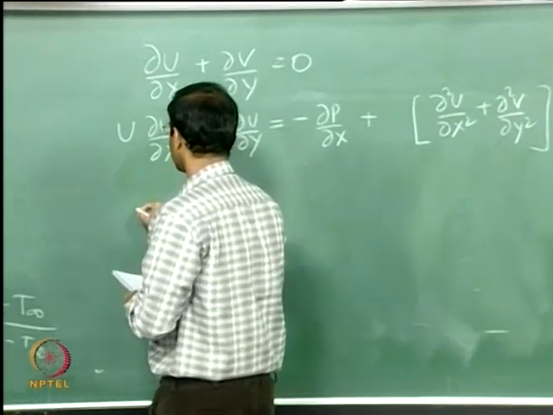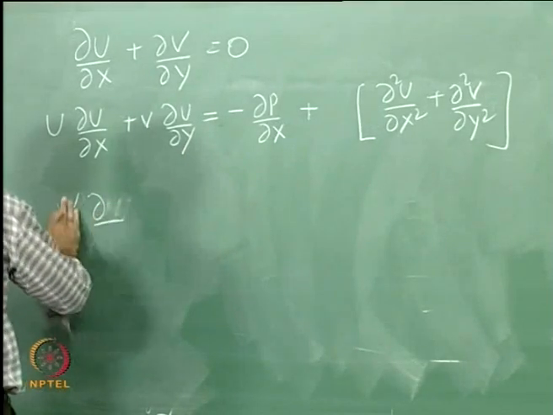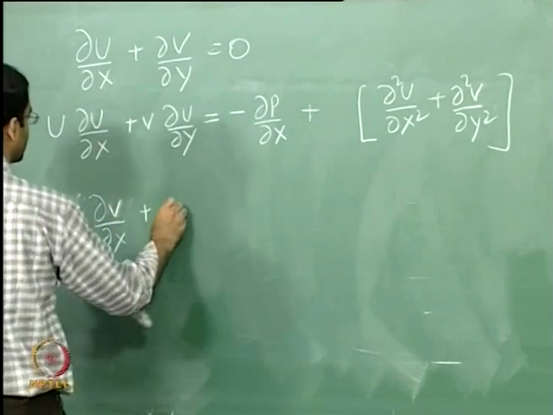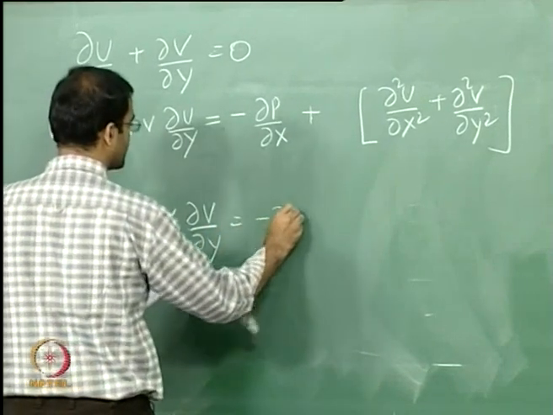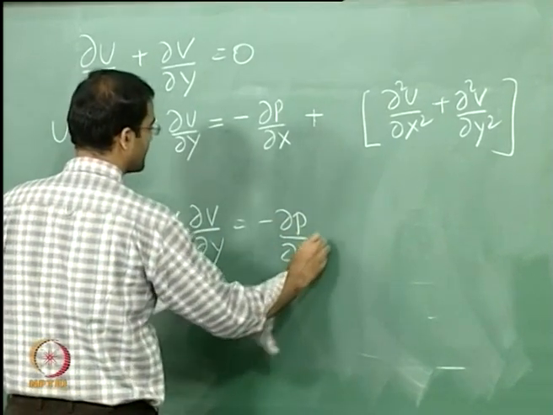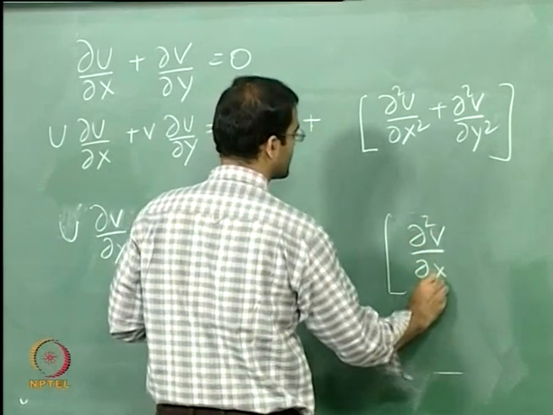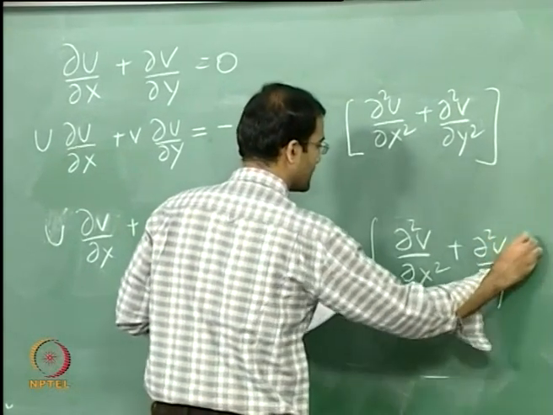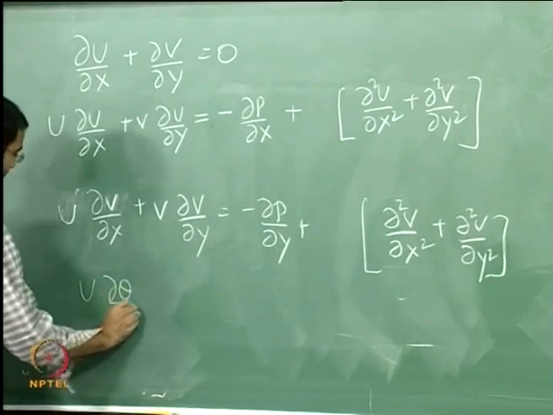The same thing for the other momentum equation, so this is U dV by dX plus V dV by dY minus... these are all in non-dimensional variables, so you have to check and tell me what terms should be there. And similarly finally you have d theta by dX